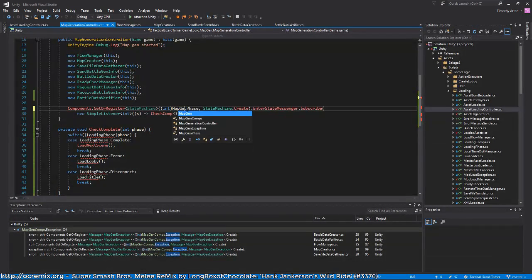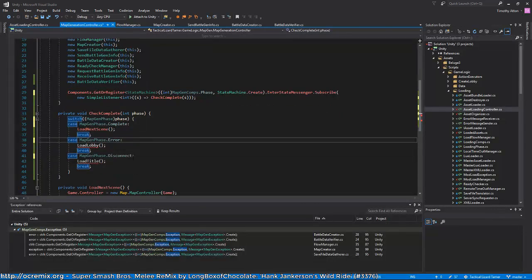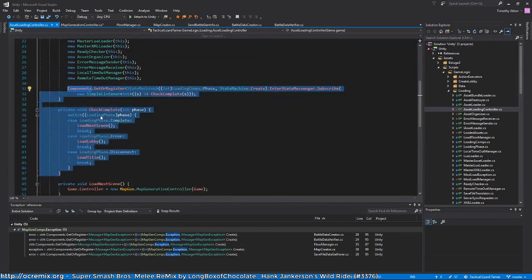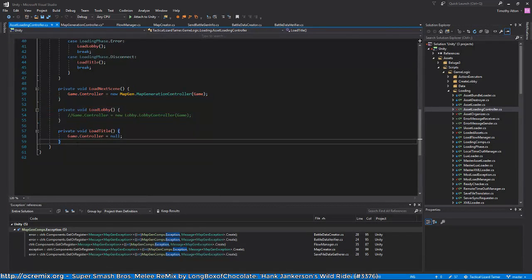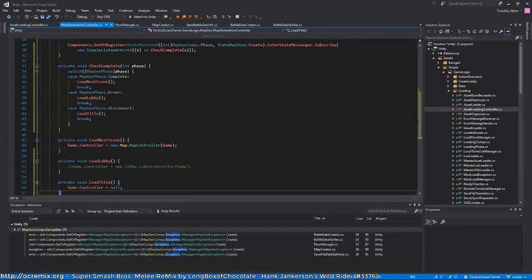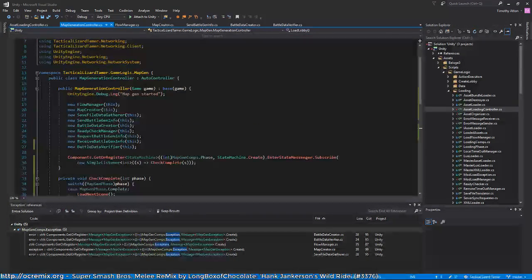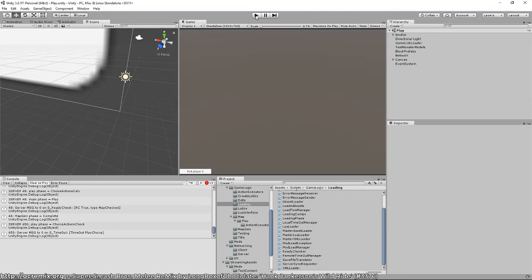Okay, so map gen comps and map gen phase. Okay, so I guess I do need these classes. Because basically the same things will happen if we disconnect, we load back to the title. If there's an error, we'd want to reload the lobby, but I commented that out so we won't have infinite loops. Okay. So I guess let's see if we can move through all that,